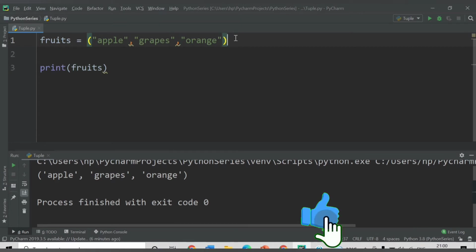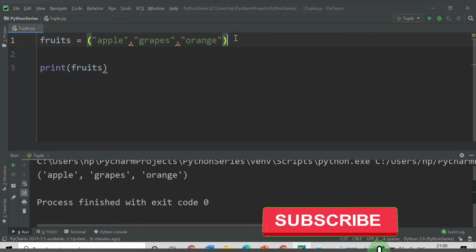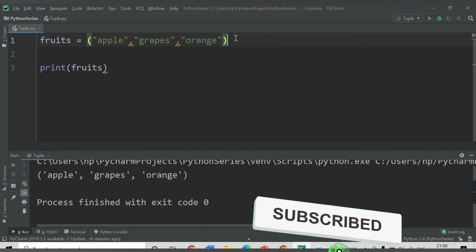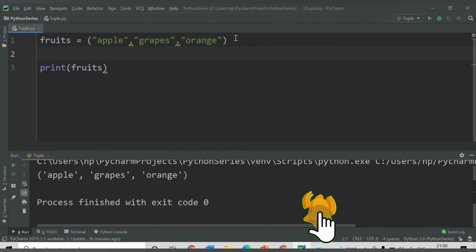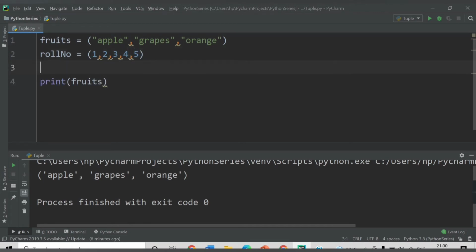Also, tuples can be of different data types. Now we have declared string values inside the tuple. Similarly, we can provide other values. Let's say we have a roll number variable, and here you provide the values 1, 2, 3, 4, 5. Let's take another example.